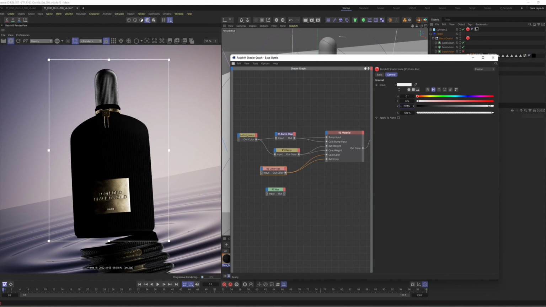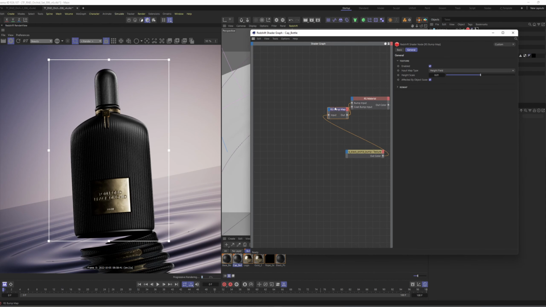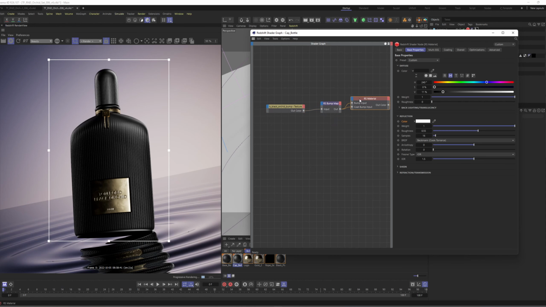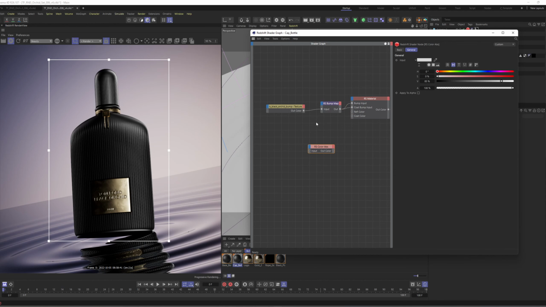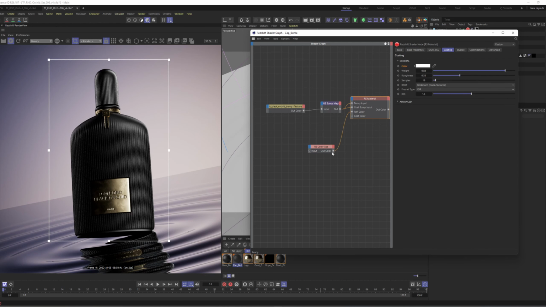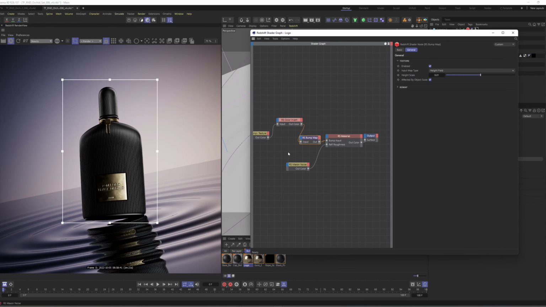Let's do the same thing for the cap. The cap of the bottle is exactly the same material, just with a different button color. Paste this. Okay, yeah, so this is looking way better now. Let's check the logo,